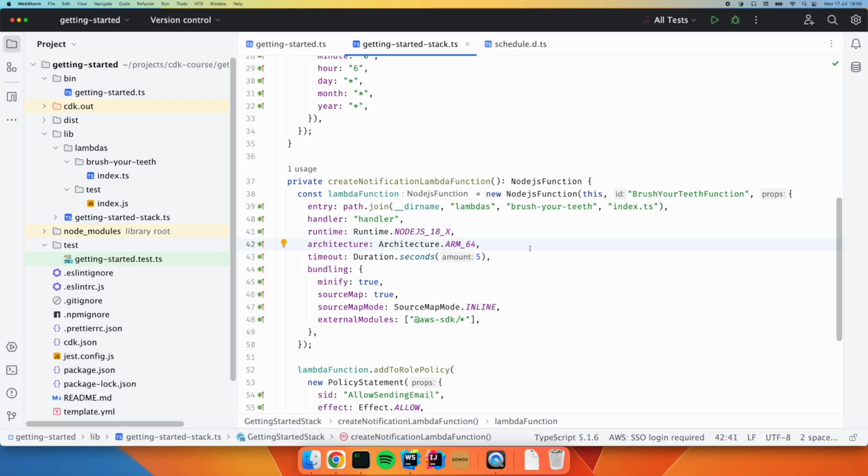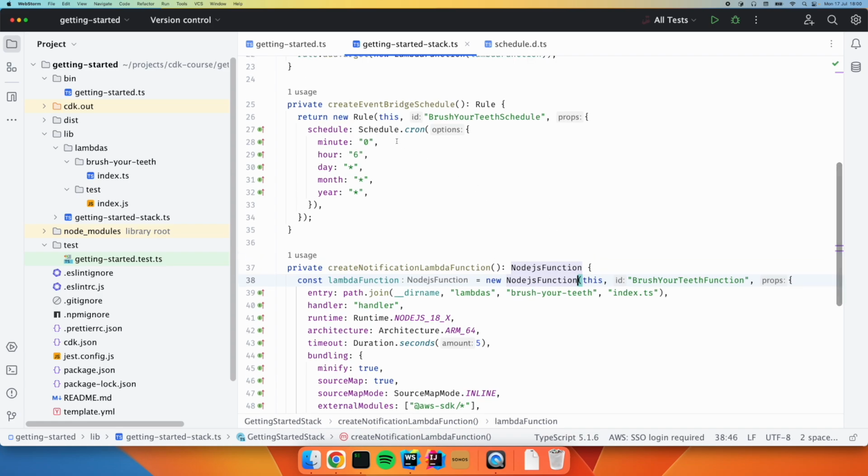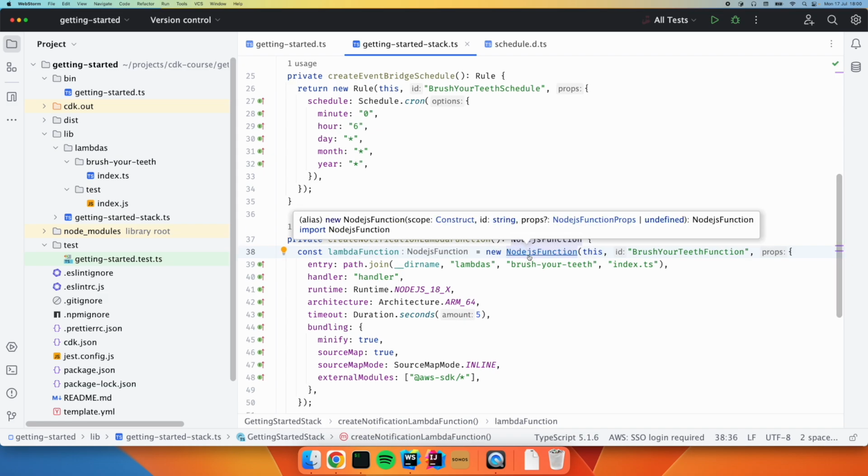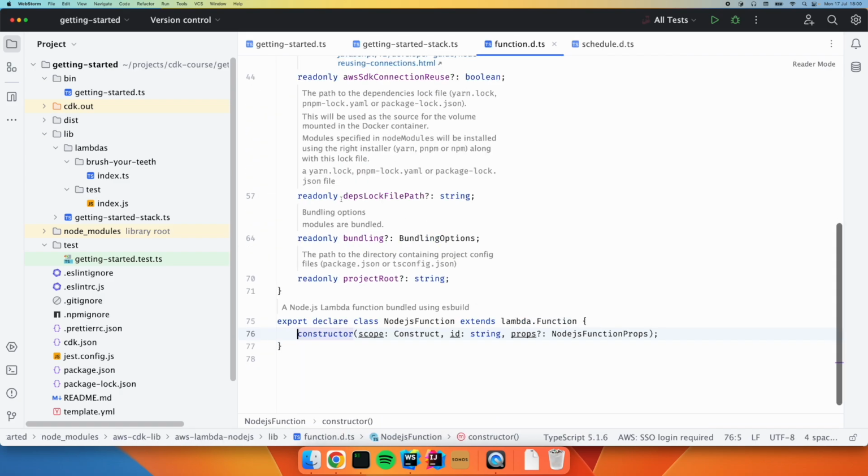Okay, we've covered it in passing in other parts of the course, but I want to dig into how we understand what a construct does. And really this is relevant for these constructs here, the level 2 constructs like our rule and like our Node.js function. As you might have seen from a previous lesson, if I command and click, which is the editor shortcut I use to find the source file for this class, I get put into the TypeScript type definitions, and then